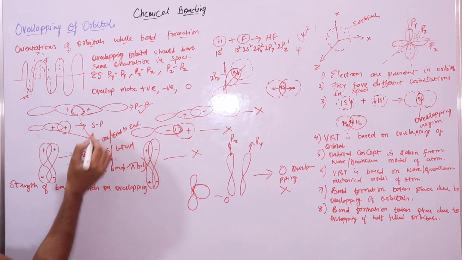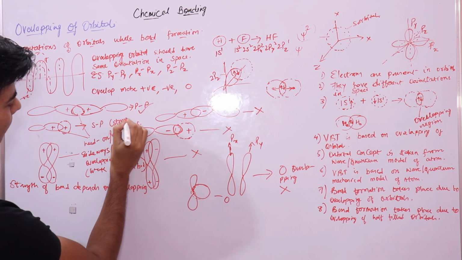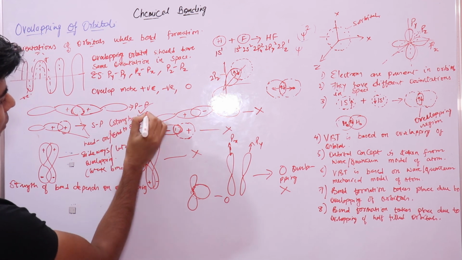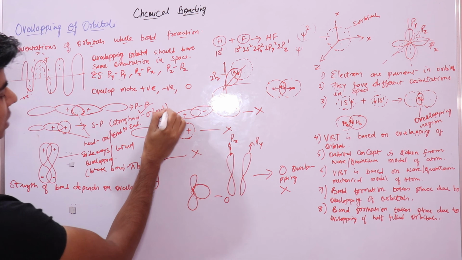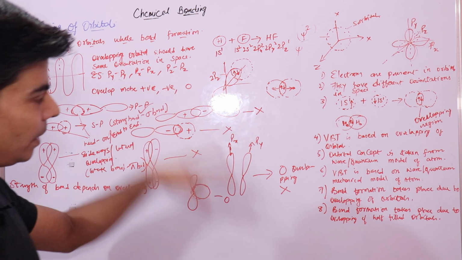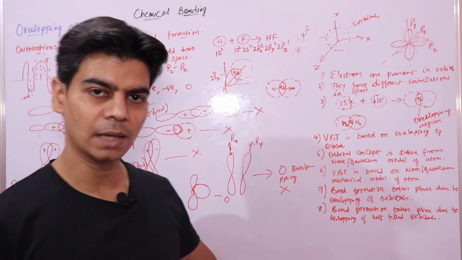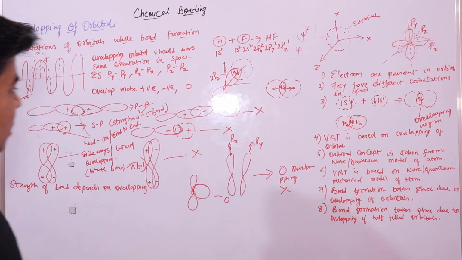And the head-on overlap will result in a strong bond, which we call a sigma bond. We will do sigma and pi bonds in detail in the next lecture. So remember this, I hope all this is clear. Just remember the concept, all these points of overlapping, and how overlapping will result into